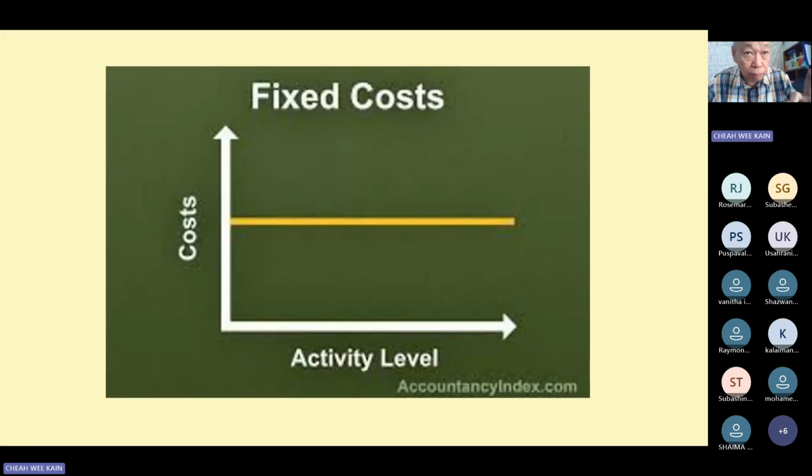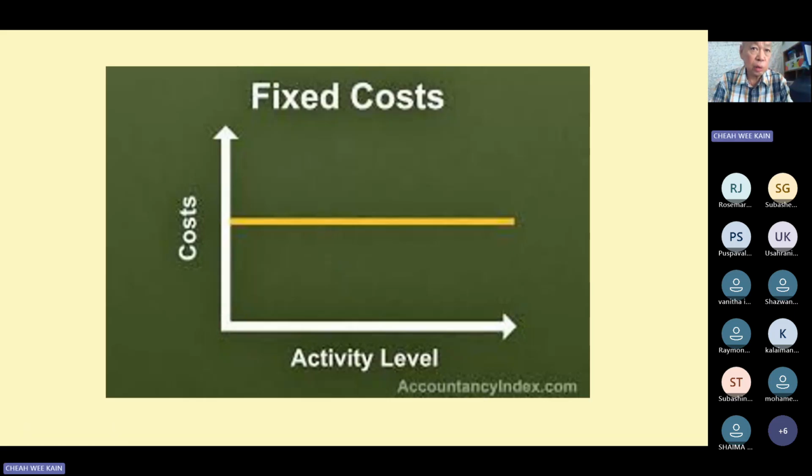Zero patient come, your rental is the same. You're working 3 shifts, the rental is the same. You're working only 1 shift, office hour, the rental is the same. What does that mean? For practical, control your fixed cost, because you do not know when the activity can be very low or very high. So many people will look at how to reduce costs. They will reduce costs first from the fixed cost side.